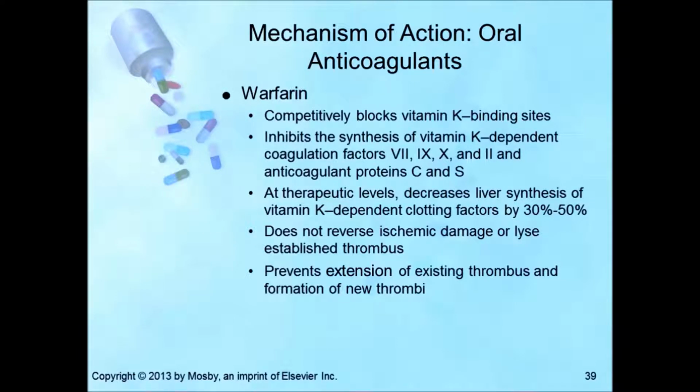Pradaxa is a new oral anticoagulant. It's a first in-class direct thrombin inhibitor. It blocks the activity of thrombin and helps to prevent clot formation. For the estimated 2.3 million Americans that have atrial fibrillation, the prevalence is expected to increase to 5.6 million by 2050, and this is a reflection of the growing elderly population.